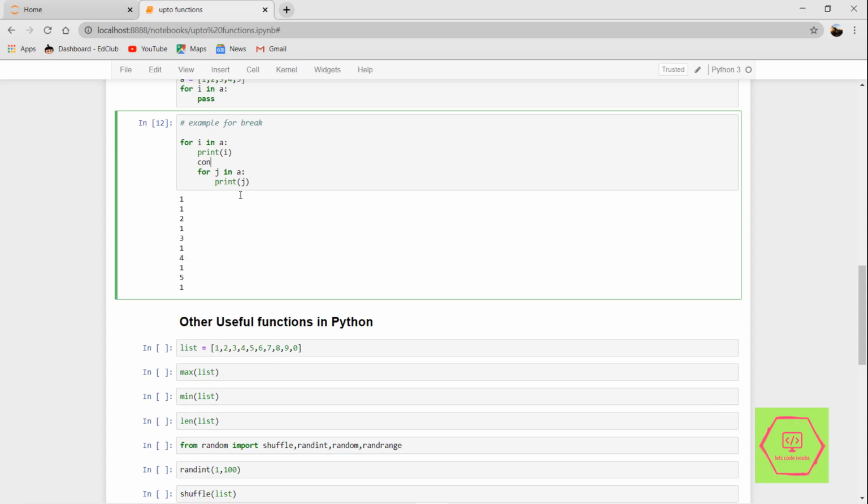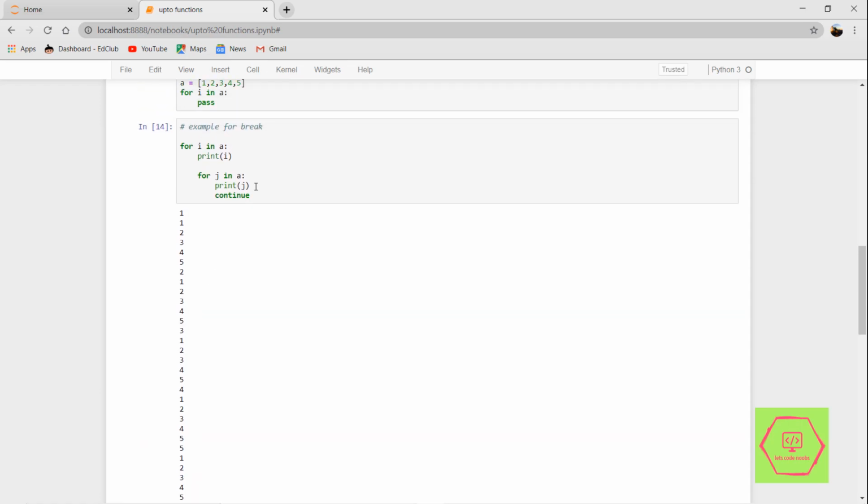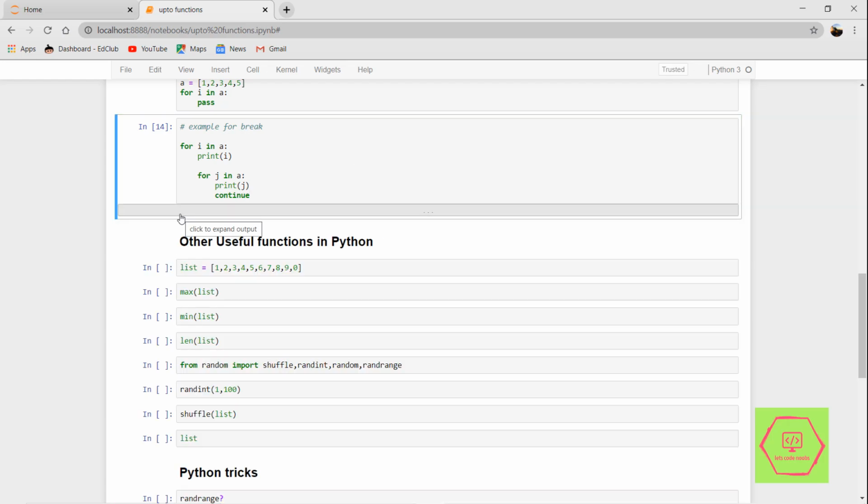Now we will add continue. This will go to the top of the loop, that is it will print only i every time, 1 2 3 4 5, that's it. Once this is completed, it will leave. This will be the same as the first time when we did not add any exit statements. 1 1 2 3 4 5, 2 1 2 3 4 5, 3 1 2 3 4 5, same thing. If we double click this, the output will get minimized.